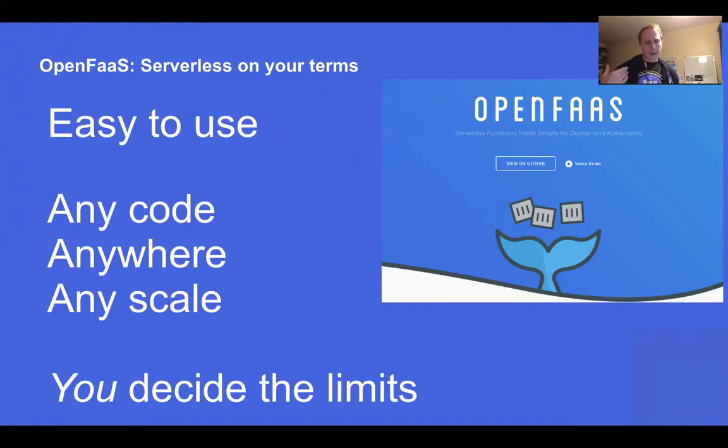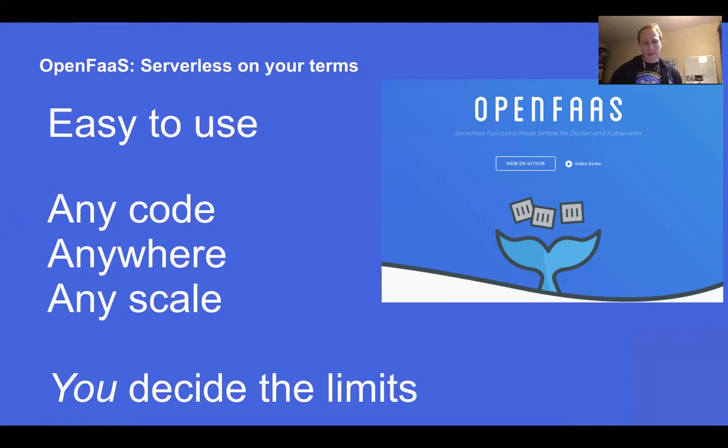Now you can take this to any scale you like by potentially doing something like what GitLab do with their build runner pool and have these hosts provisioned and added into your cluster as and when you need them. And the price point can actually be pretty similar to using cloud functions depending on your usage patterns. But the key thing here is not really about price, it's about you being empowered to decide what the limits are. So what programming language do you want to run? Is it Node 10, which is the current LTS version? Well, with OpenFaaS, you can do that already. We already have that available for you. Go 1.11, if you want to use Go modules, again, you can do that.